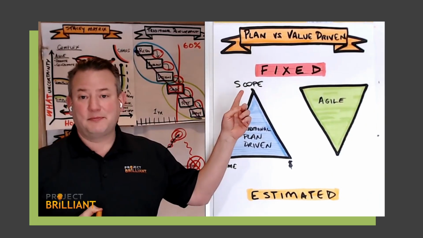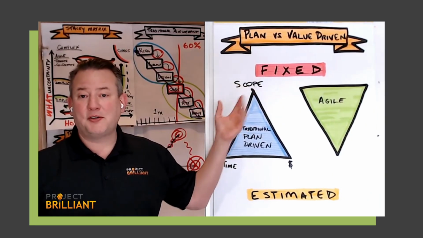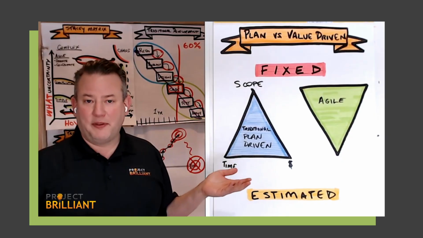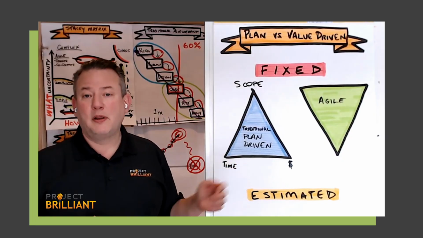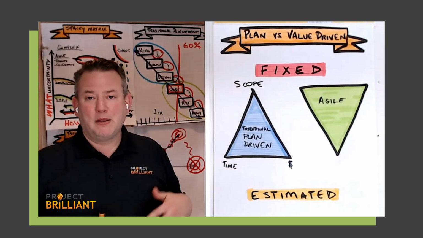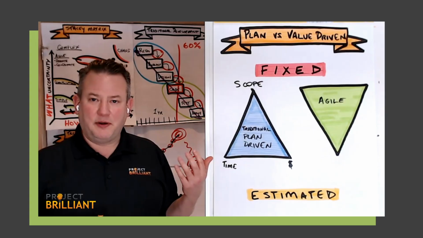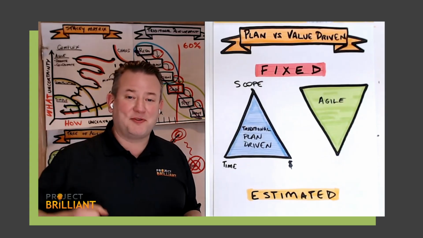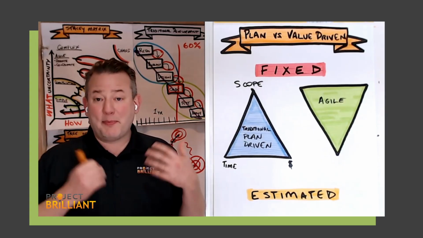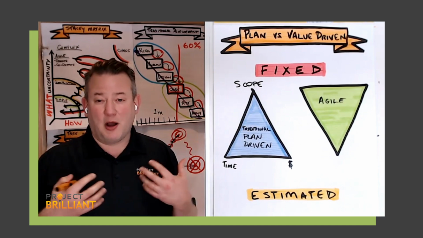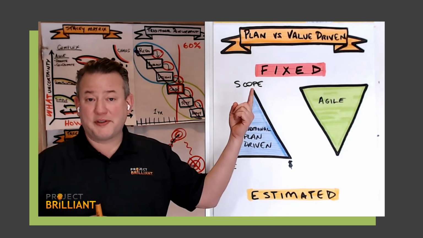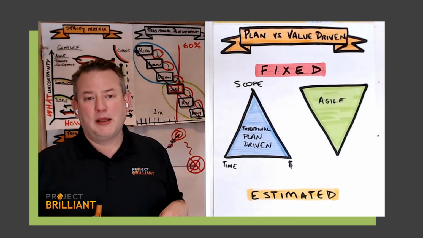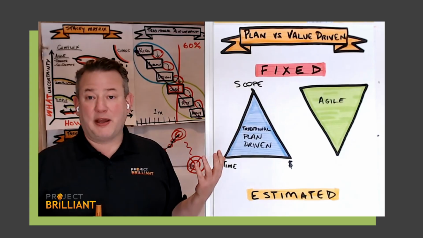This can be okay if things don't change. So we're locking in the scope that we're going to deliver. And as long as that doesn't change, this can be a good model where we can derive the time and cost if we have flexibility to be able to deliver that way. So as we think about it, though, if we're in a complex environment, remember back to our Stacy matrix from some previous videos, we're in a complex environment where things are changing, and it's oftentimes very difficult to know all this stuff up front with a lot of certainty. And so the Agile approach tries to account for that differently.